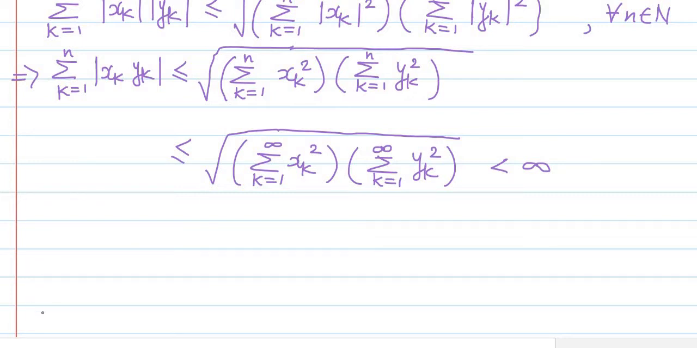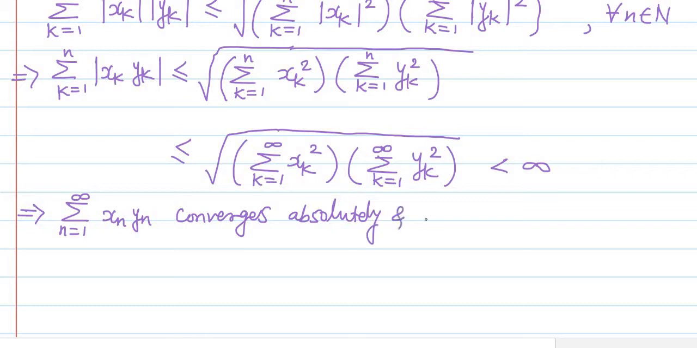So what we have shown implies that the series summation over n equal to 1 to infinity xn yn converges absolutely, and hence it converges, or it is convergent, and hence that series is convergent. Now next one, therefore